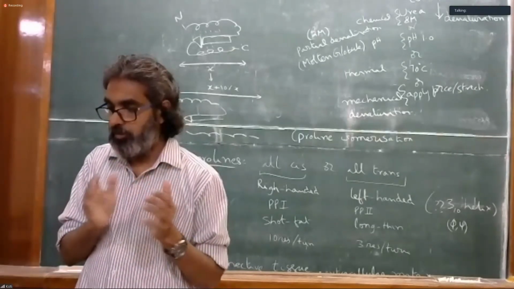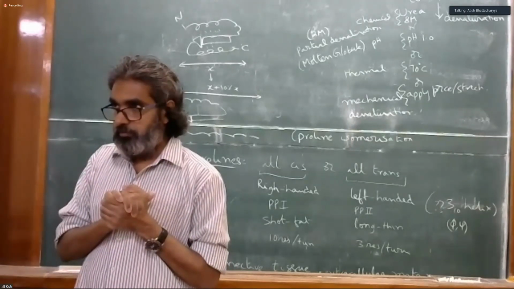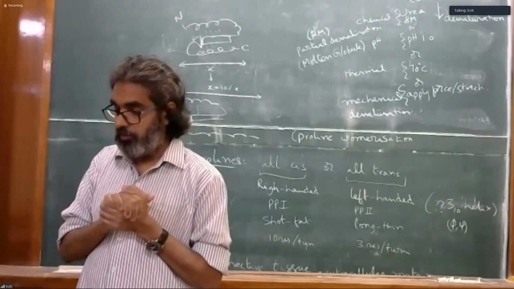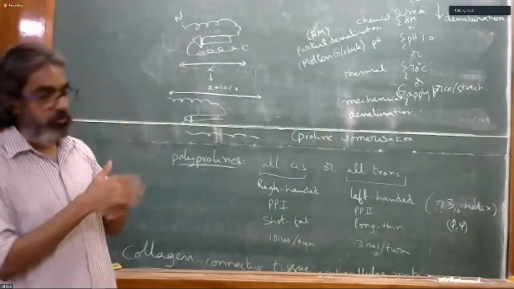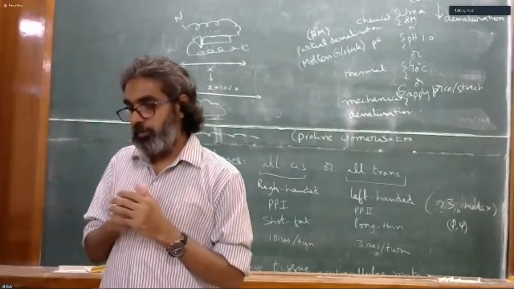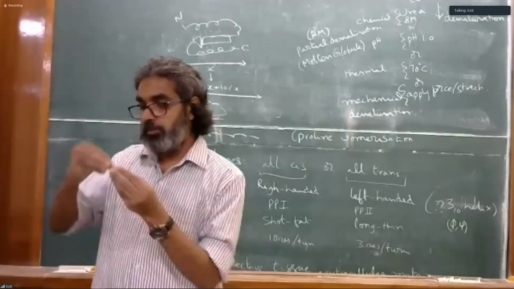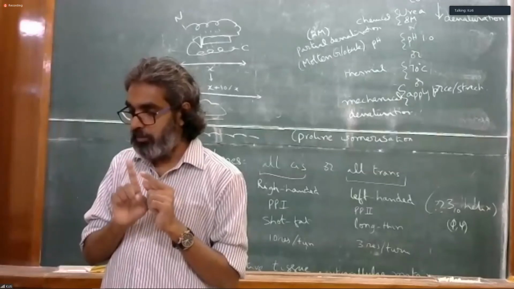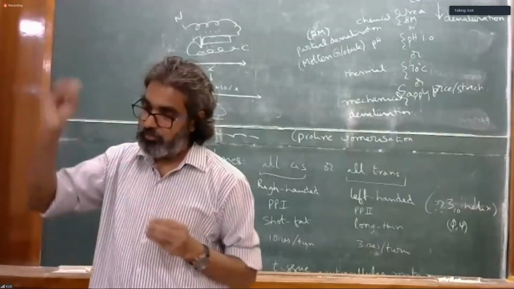In case of unfolding, can we think about electrical unfolding or magnetic unfolding? That's a good question. Yes, people have been using electric field. That's another way to modulate the unfolding, because you have what are called dipoles. For example, in the alpha helix I talked about, there is a dipole. Each peptide element gives you a small dipole along the axis, so if you have a longer helix, you have a larger dipole.